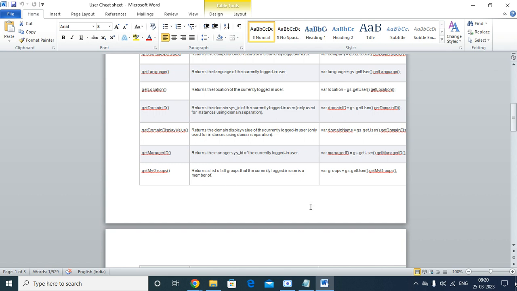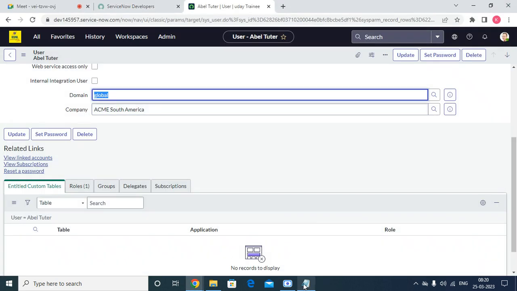Until now, any questions on this one? Yes, these are the only ones. No, no, no, these are all the methods used for the user cheat sheet. Okay, so you are clear till now, right? Fine. So I'm just going to stop this one, and I'm just going to